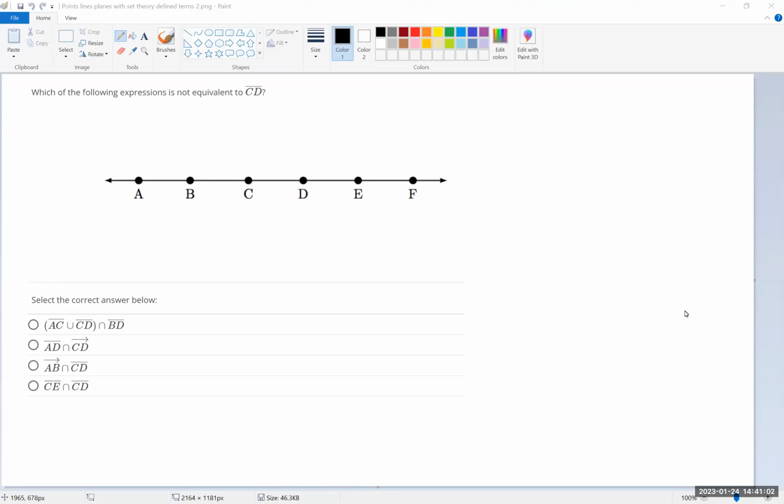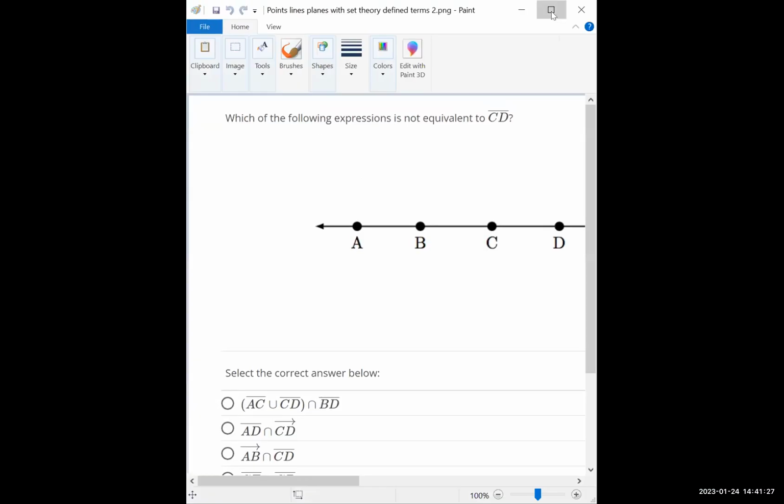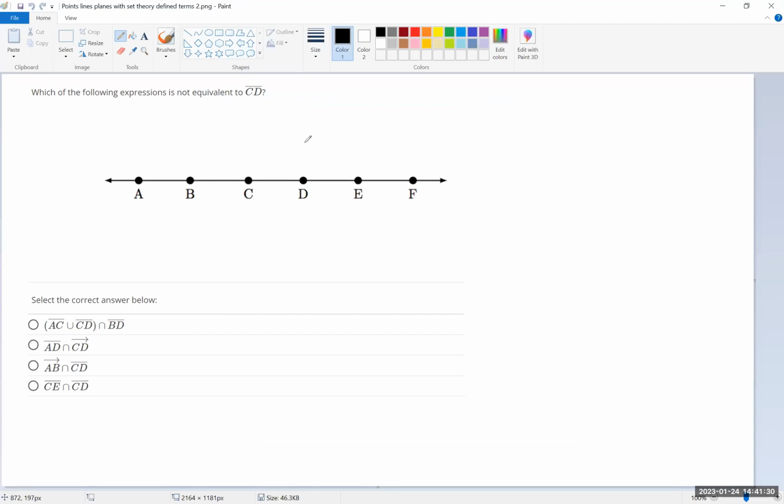All right, here's a problem that takes on the notion of points, lines, and planes, but that uses some probably unfamiliar notation. So it says, which of the following expressions is not equivalent to CD? So CD is going to be